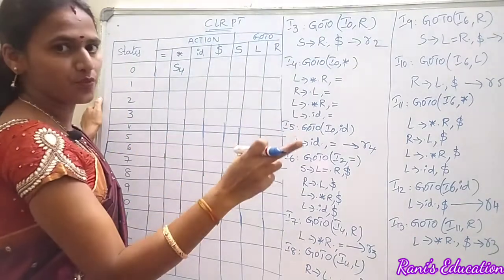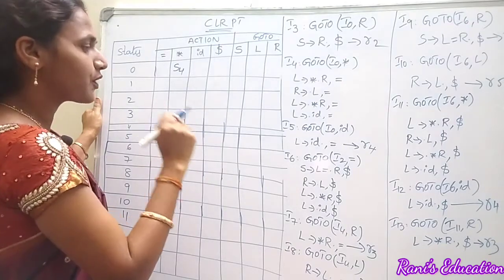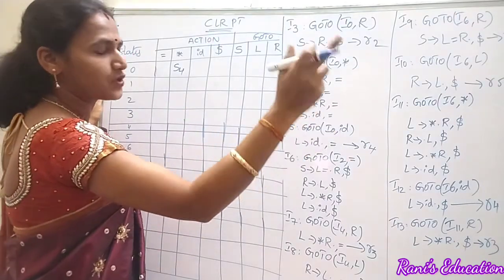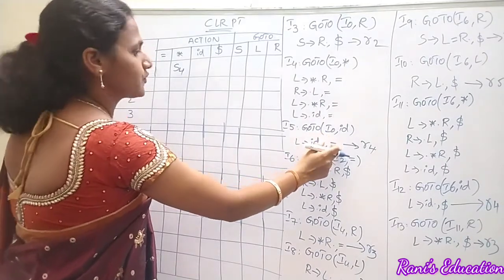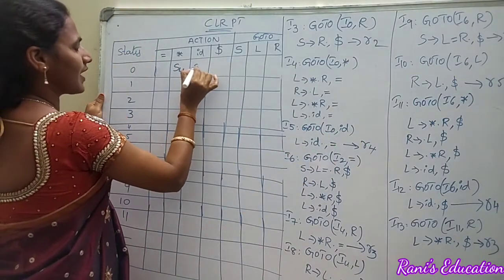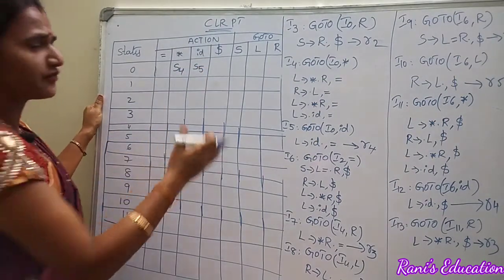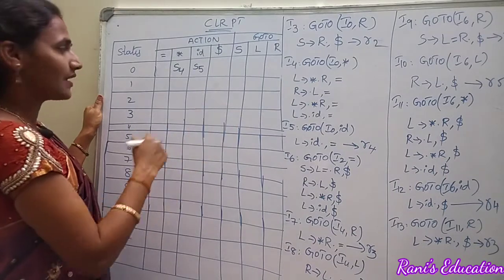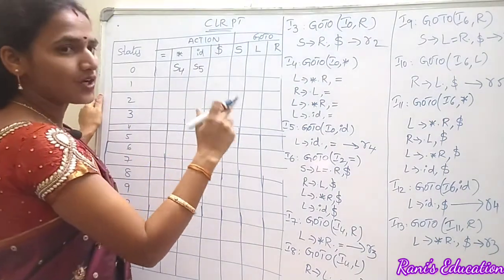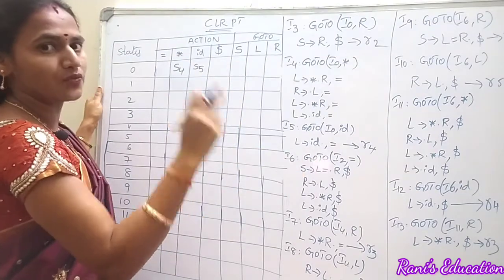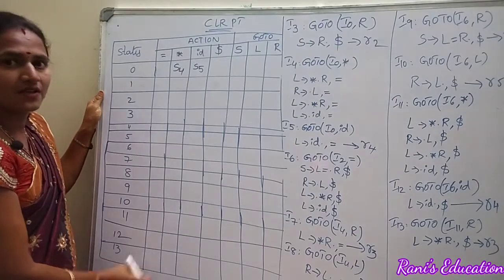We still have one more production whose RHS starts with a terminal, that is ID. In which item is dot ID shifted to ID dot with the look ahead equal? In I5. So for ID, you are going to write the shift action as S5. Right? Still we have a few more productions left out in I0. Now you have to check the 0th production, where dot S is changed to S dot with a look ahead dollar. In which item can we observe that? In the first item.